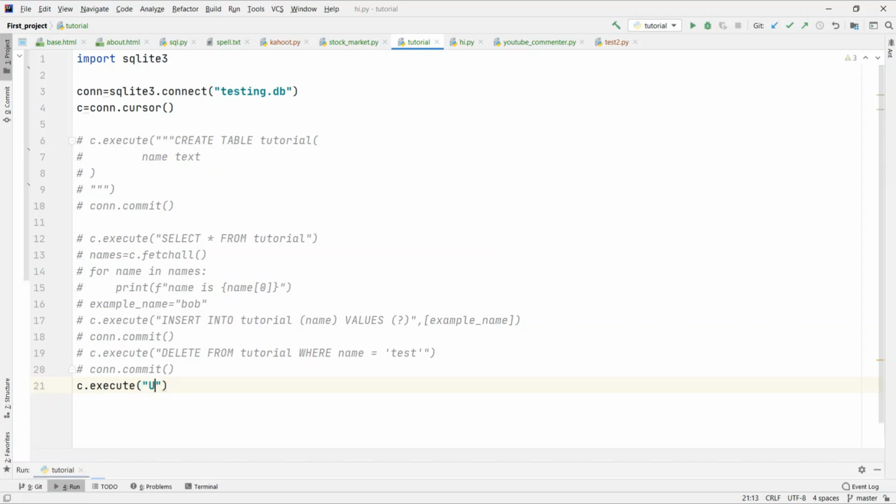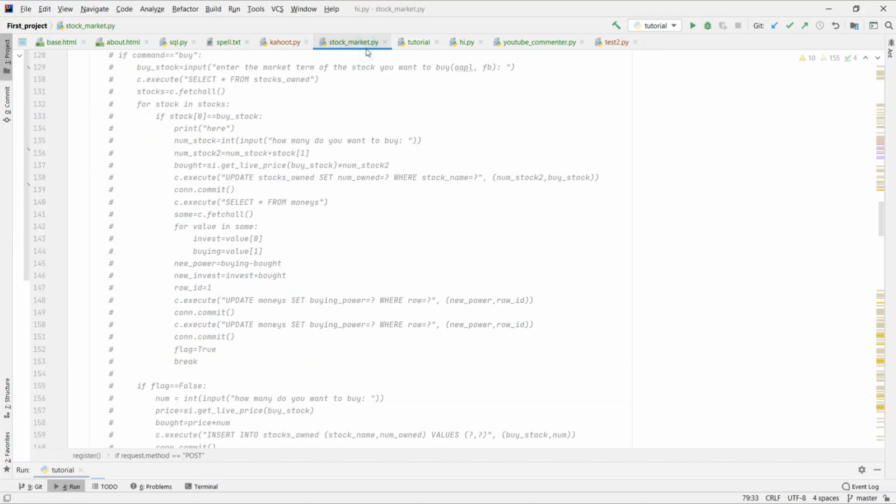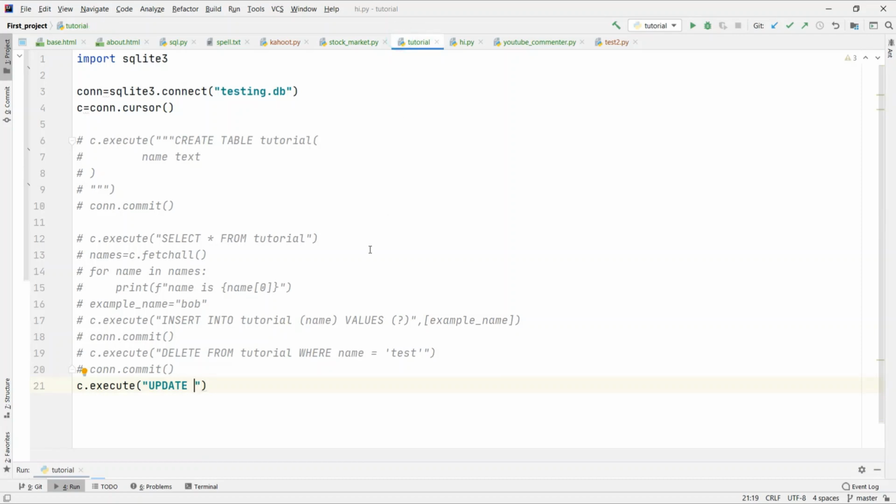So you need to use UPDATE, all caps. Let me just check real quick. You need to do UPDATE and the table's name. So we do UPDATE tutorial, which is the table we created in the first video. Then we have to use SET. You have to say SET, and the column name equal to, in single quotes, Rob,